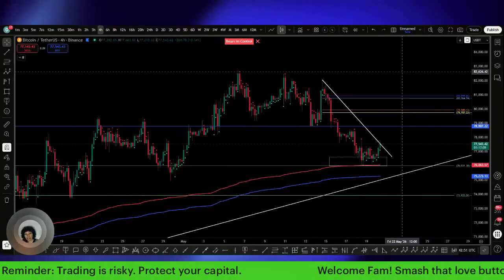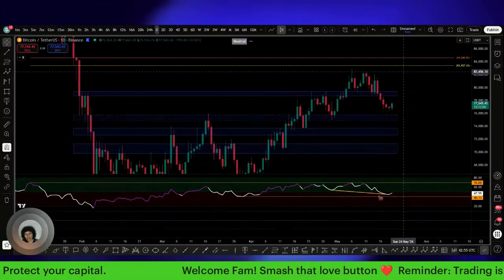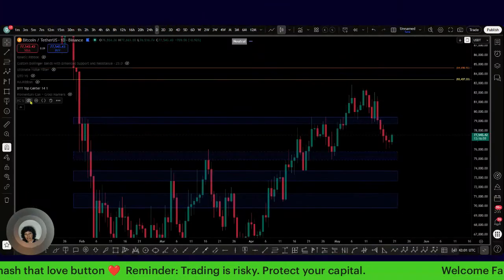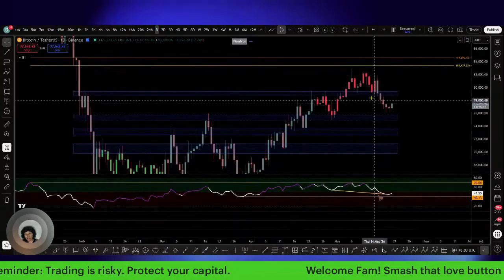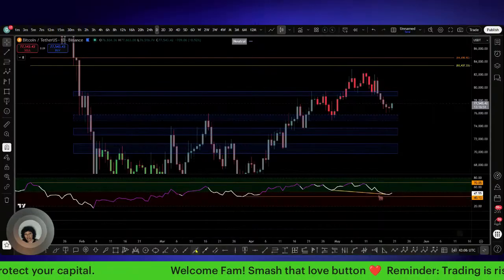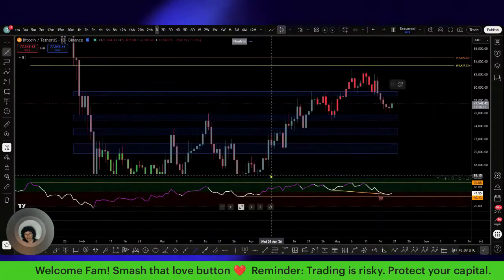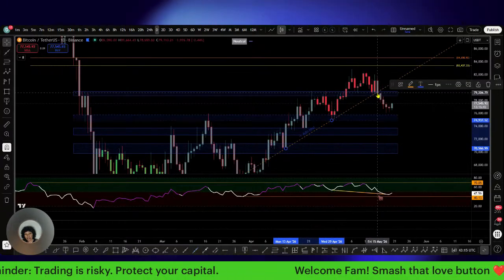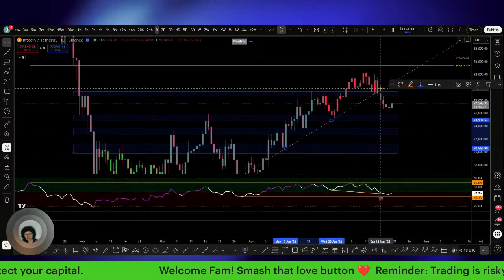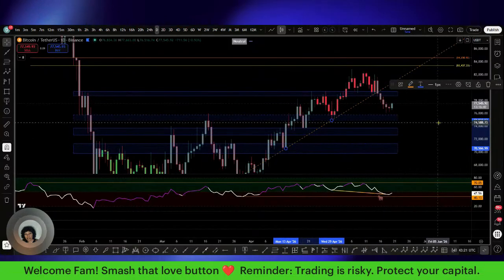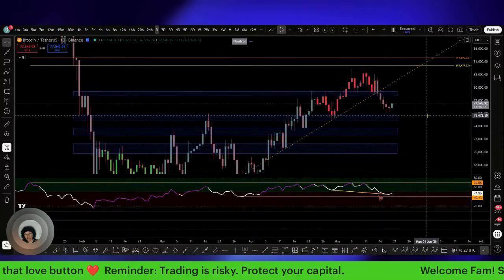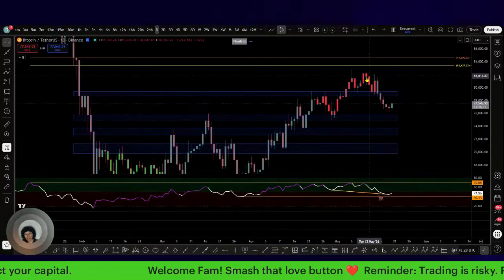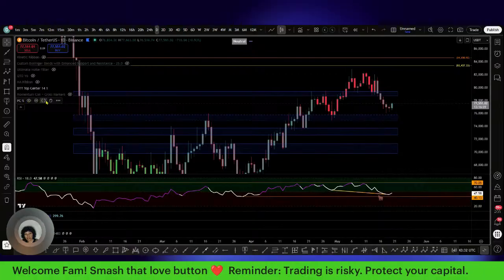But it's done it now. It's the same thing we had over here. Again, I don't have anything else to talk about, so I'm just talking. Same thing we had over here. We knew we were going to have to get that breakdown in here. We understood that we were straddling that 20 SMA, on this trend line right here. So we were looking for that break to the downside. The squeeze started all the way back here. I showed you that in the other indicator as well. But we knew that that was the thing.